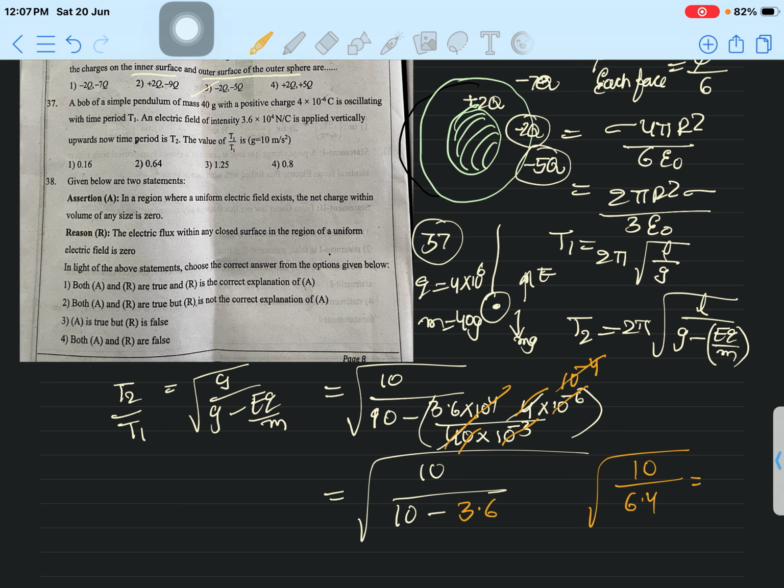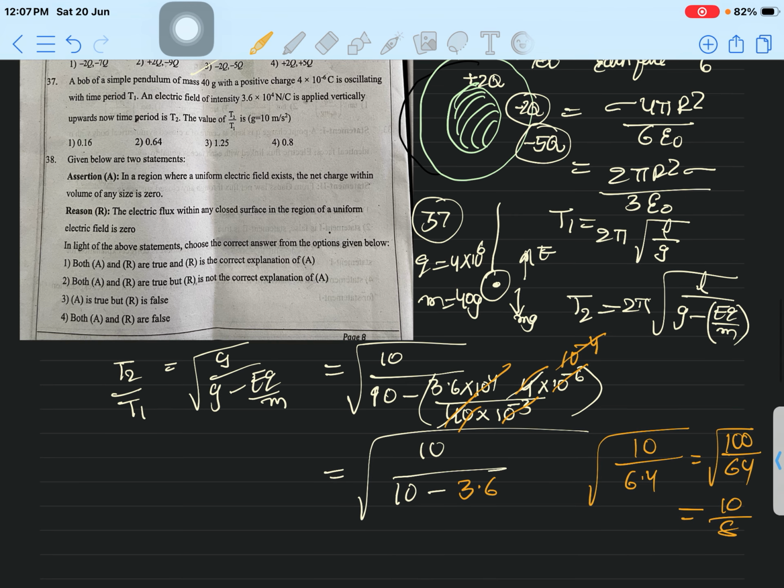We'll do one thing, we'll go roughly, sir. Why? Because the options are far away from each other. So this can directly cancel. Root 100 is 10, and root 64 is 8, and 10 by 8 means point